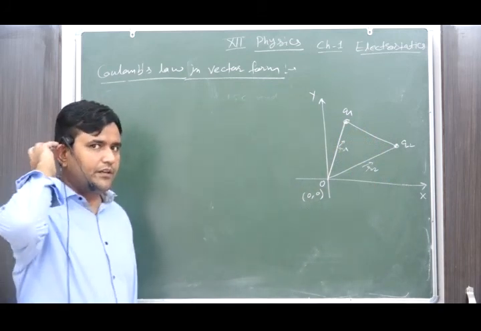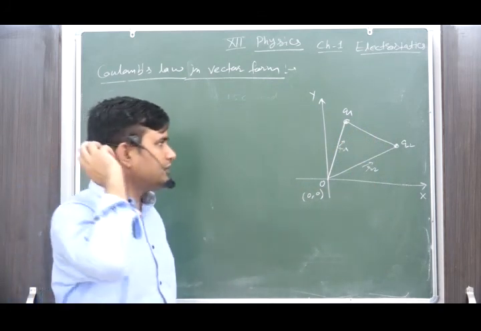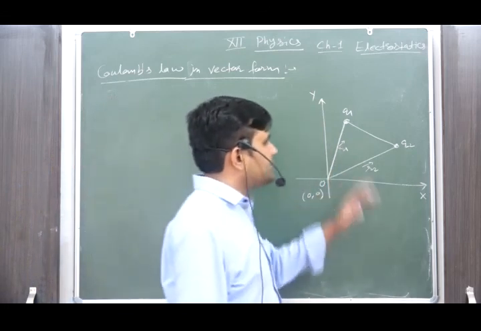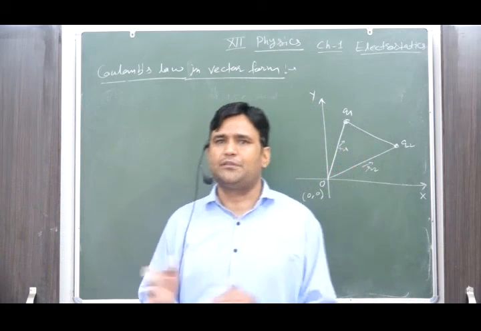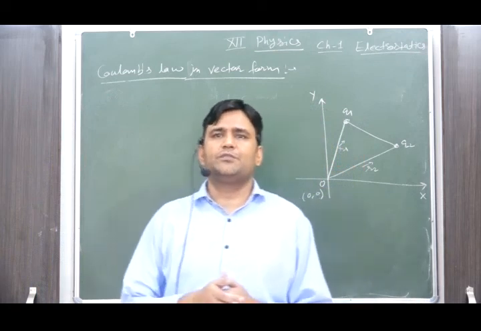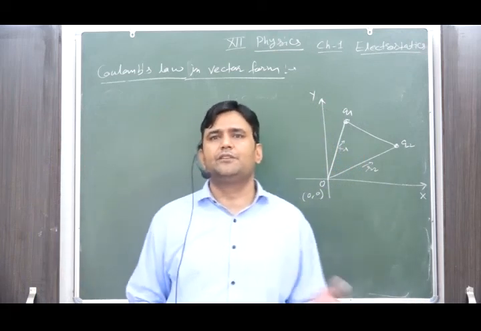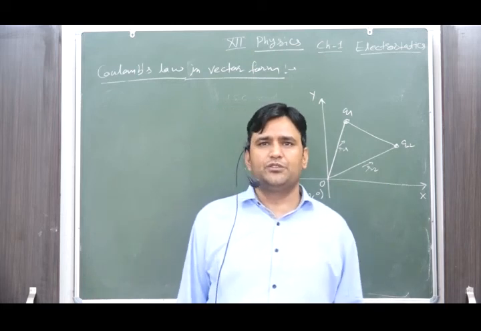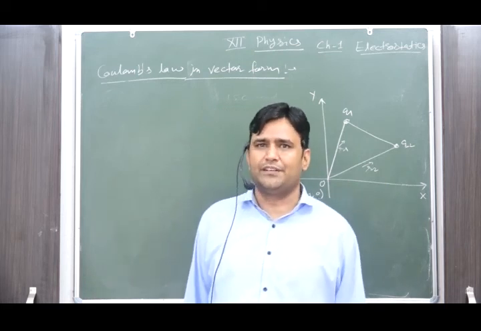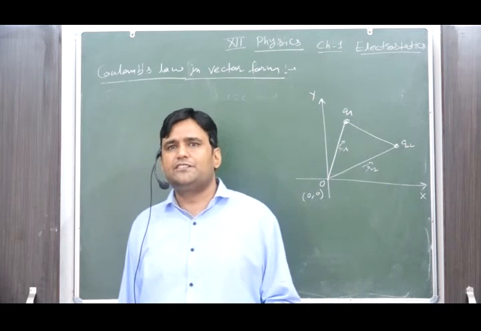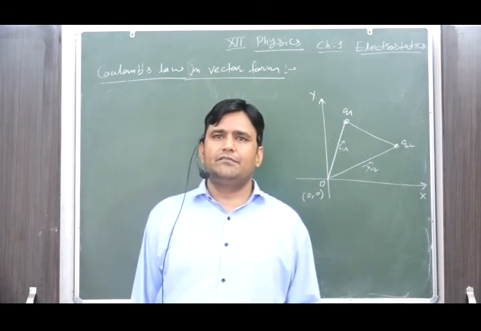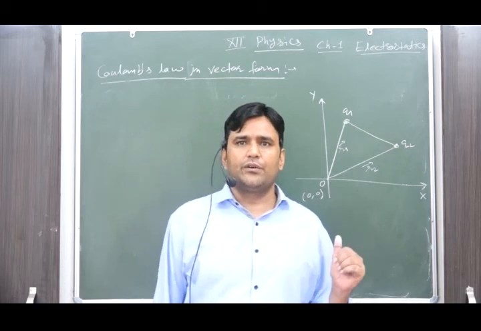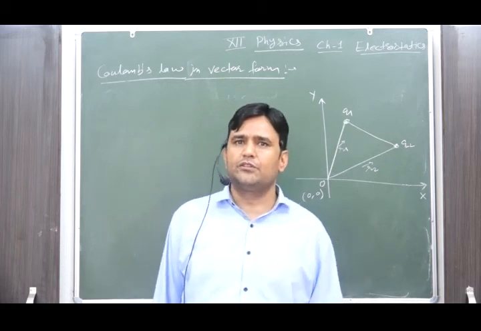Now, be careful about it, just focus on it. There is a very common genuine confusion between R2 minus R1 and R1 minus R2. Lots of books use R12 equal to R1 minus R2. Some books use R2 minus R1. Okay, we are going to use the basic vector formulations here, so we are concluding the vector formulation of Coulomb's law.